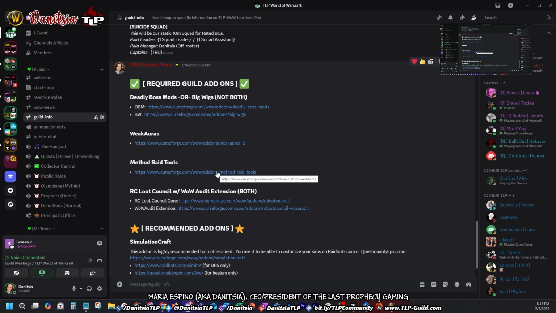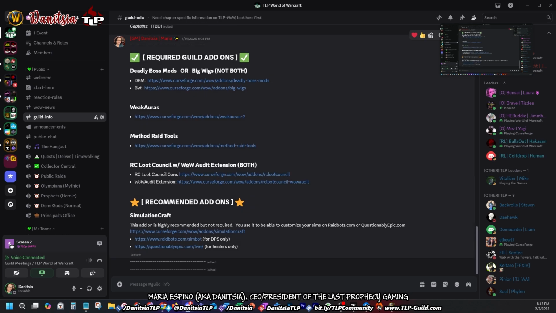We do everything on our end, and it just interchanges and interacts with your add-on to give us the correct information we need. RC Loot Council is what is required for both the heroic team and the mythic team. RC Loot Council is a method by which we can have an old school master looter. Back in the day, we used to have that in game, and Blizzard took it away and never gave it back. But we really did enjoy being able to decide as a guild, as a team,